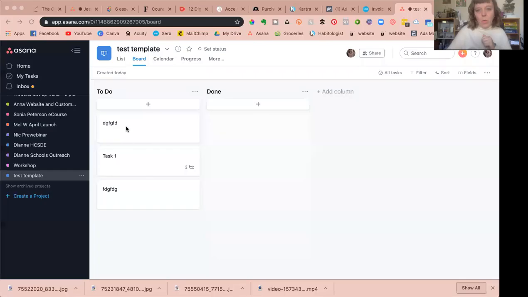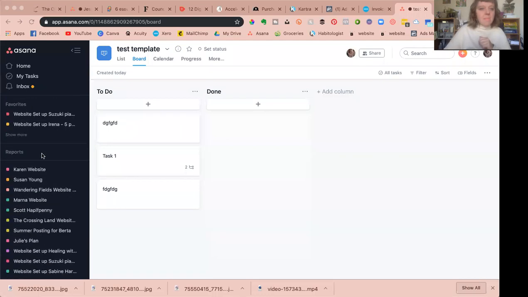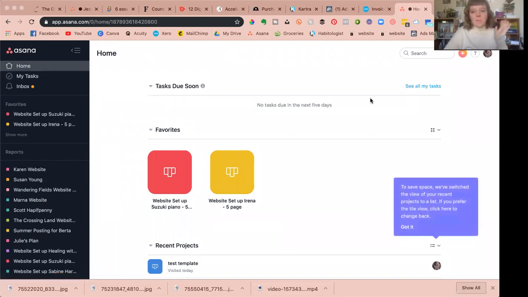So I'm going to show you the project way first, which is the one that I actually recommend because you have a bit more control over where it shows up. And I'll show you a little bit of the reason why, but maybe you don't care about the why too much. So when I come to my Asana, this is what I see. So if you don't see it like this,